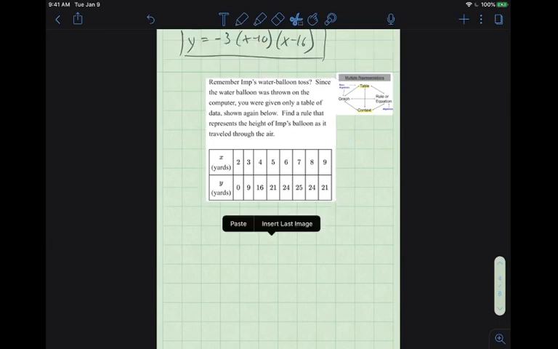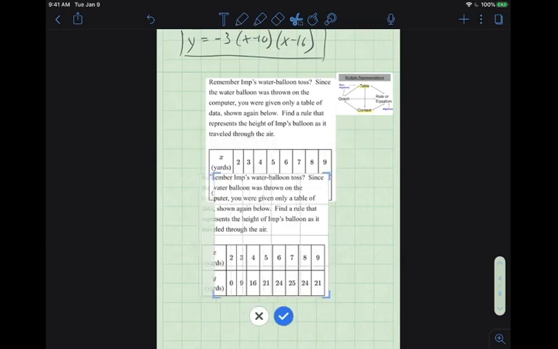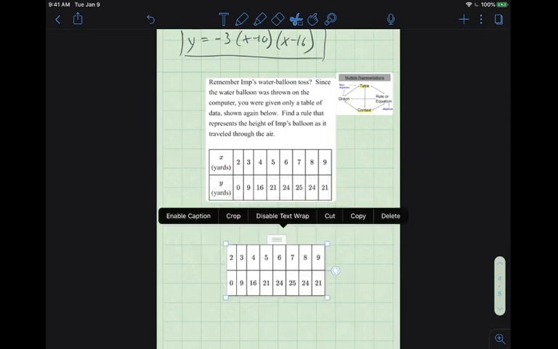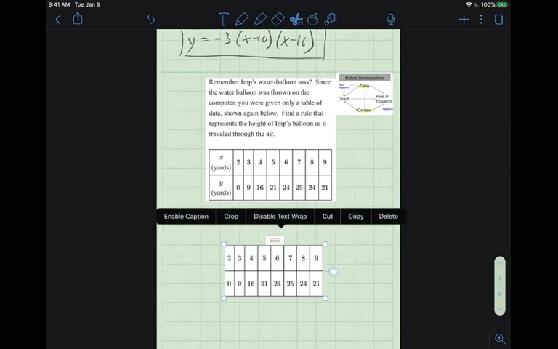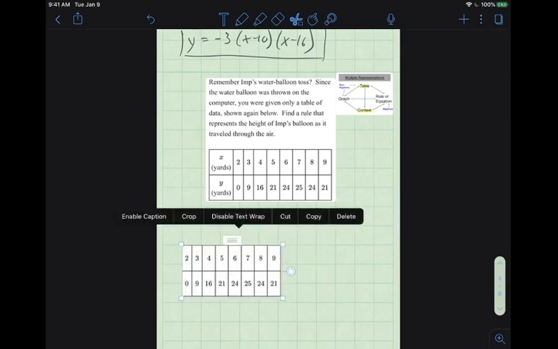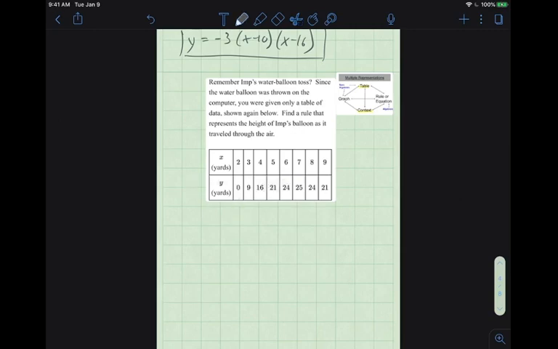Copy, paste, crop. I want just this table because I want to extend it. So when we extend this table, we know that over here, when y is 0,